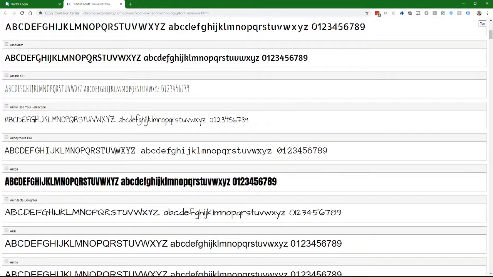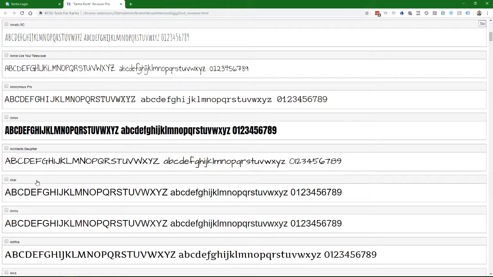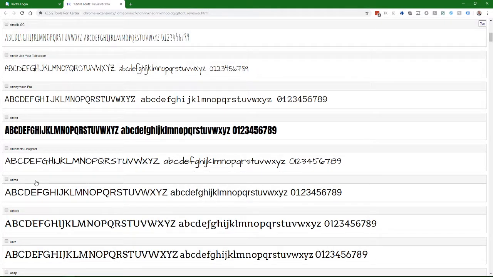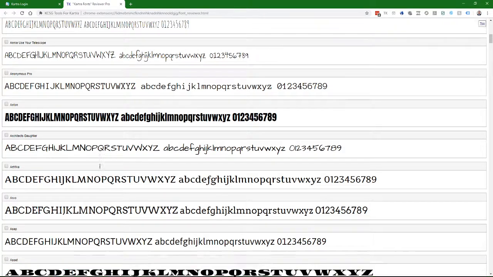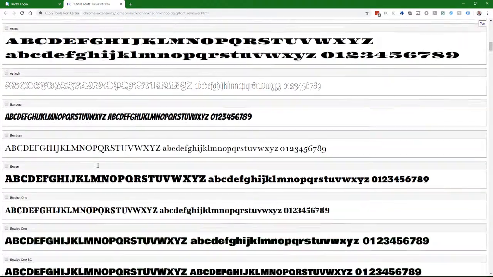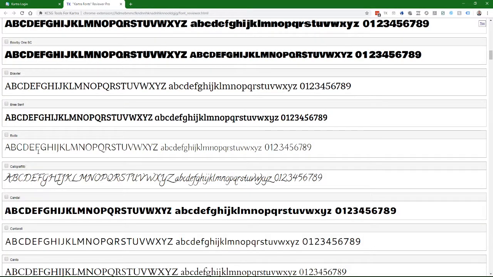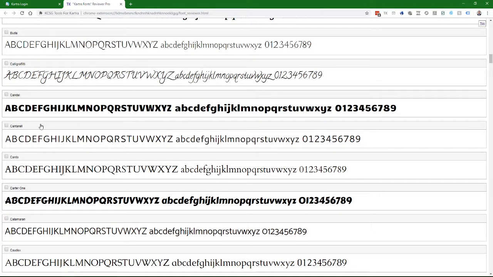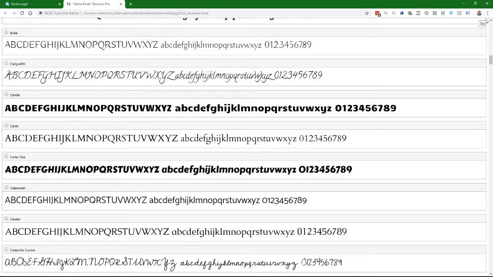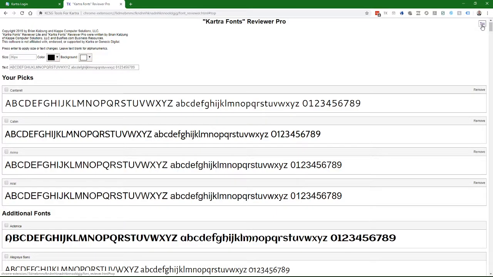So let's say we want to compare Arial and Aramo. Let's just pick a few others here. Cabin, Cantarelli, and then you can click on this button up here, go to top, and so now you'll see that